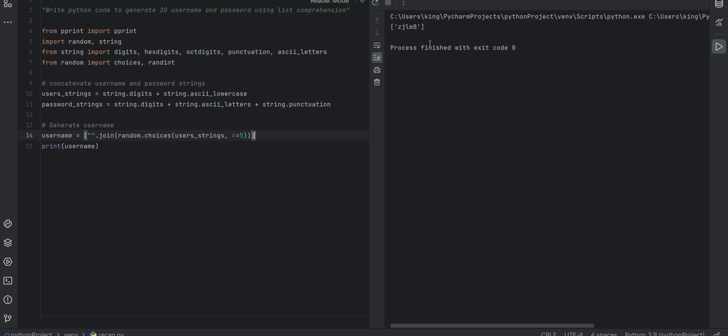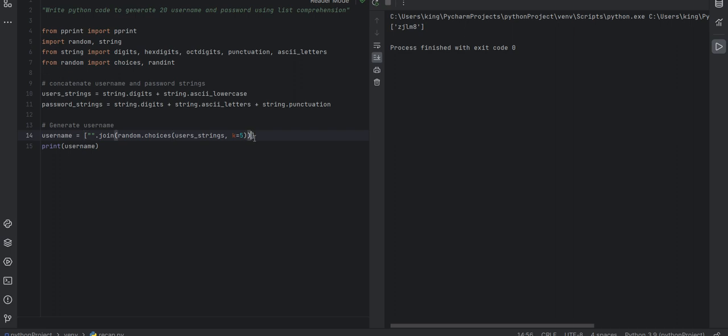Okay. But now how do we generate 20? To generate 20, we need to use what? For loop. I hope you remember for loop. Yes, please. Yeah, we remember for loop. So we can use for loop. And do you remember, if I want to generate numbers from 1 to, let's say, 10, what function do we use? Range. Good. So now we need to use range. We are going to use for loop and range within